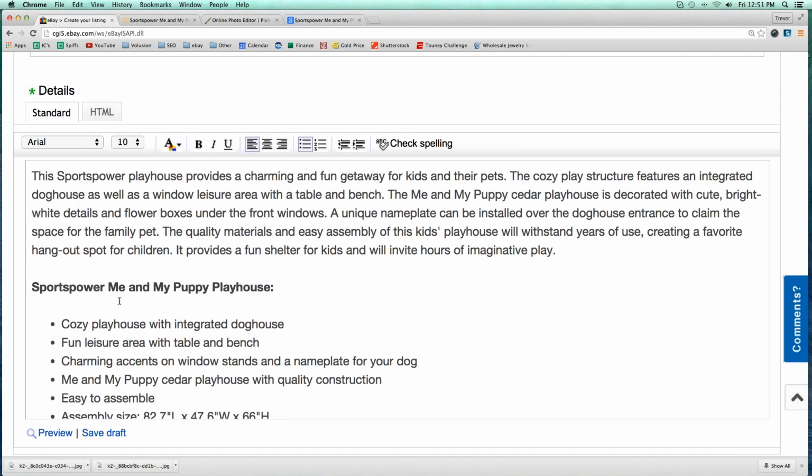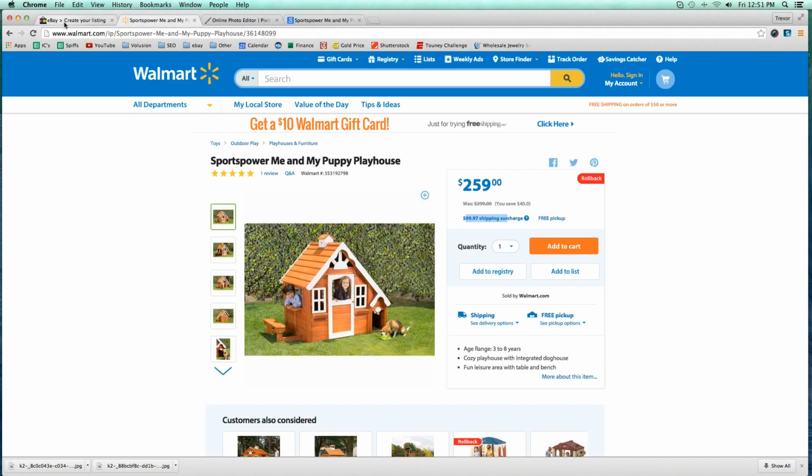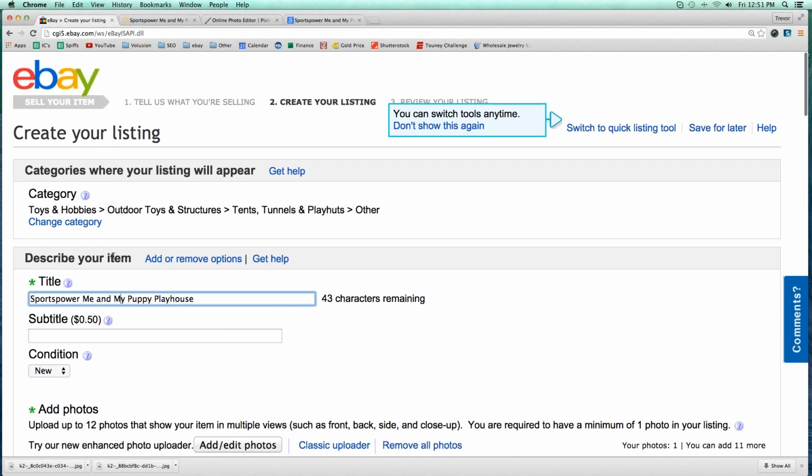So this is where I would usually take a little bit of time to work at it. Looking at the item, it's like a kids outdoor, the Me and My Puppy Cedar Playhouse, integrated dog bench. I can usually look at the picture and be able to tell a little bit better what it's all about. So it's like a kid/dog house. I guess it doubles as both. So I'm going to call this,